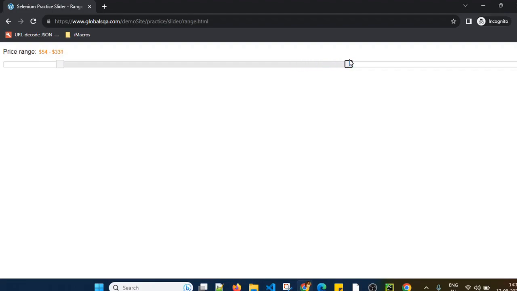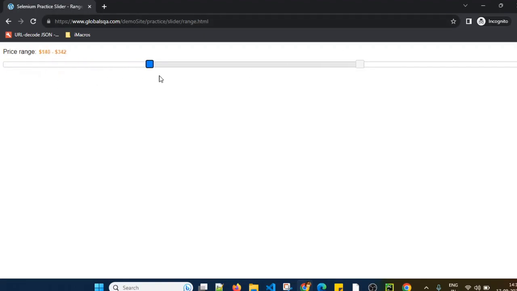One thing we have to note here: this is a horizontal slider. For the minimum slider or the maximum slider, the y coordinate location will be fixed because they are at the same level. If you see, both of these are at the same level vertically. Only the x coordinate will change.